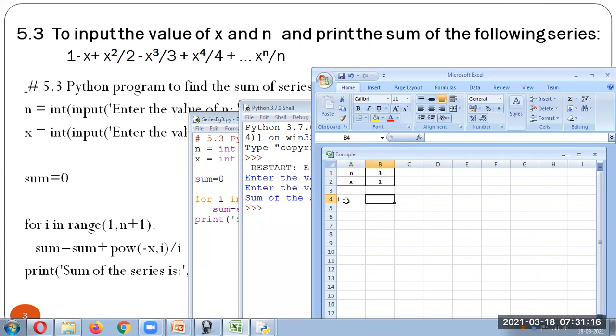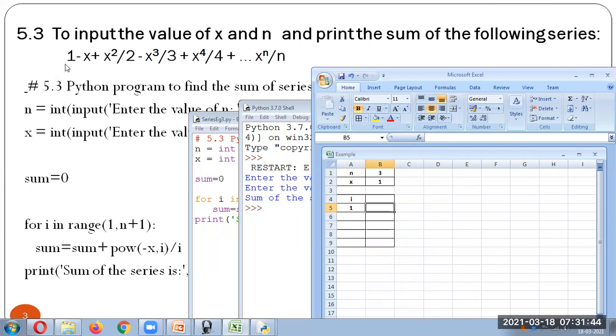Let's say this is my I value. When the I value is 1, at that time what will happen? The value of x is 1 only.